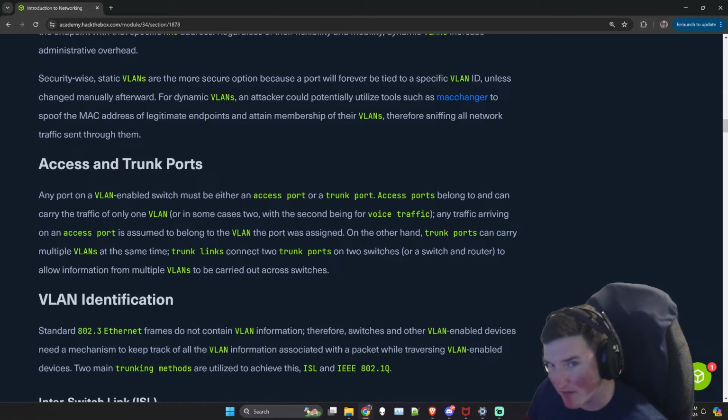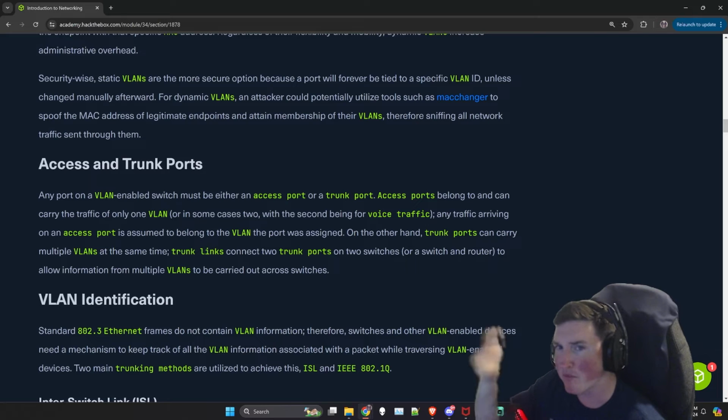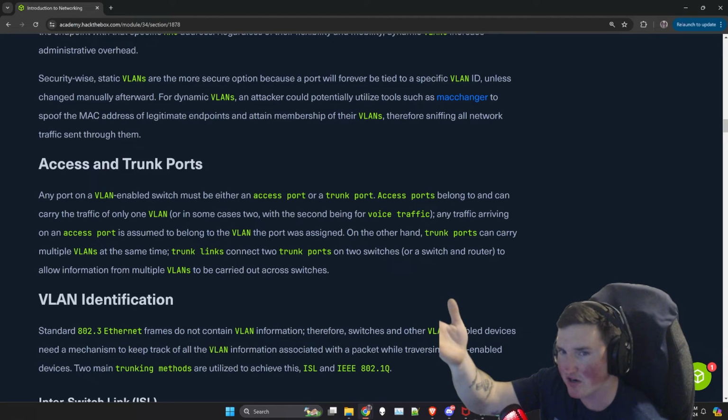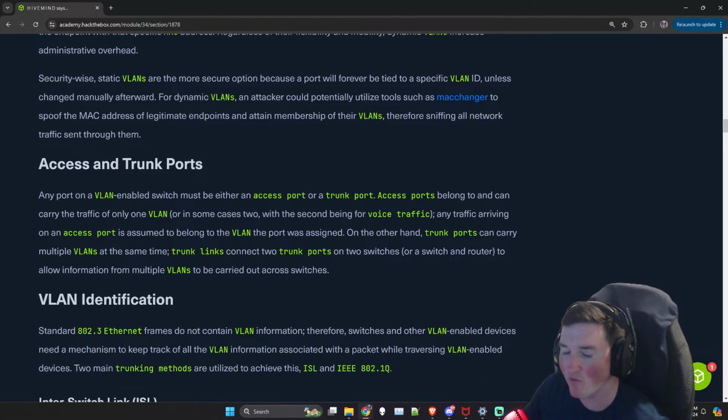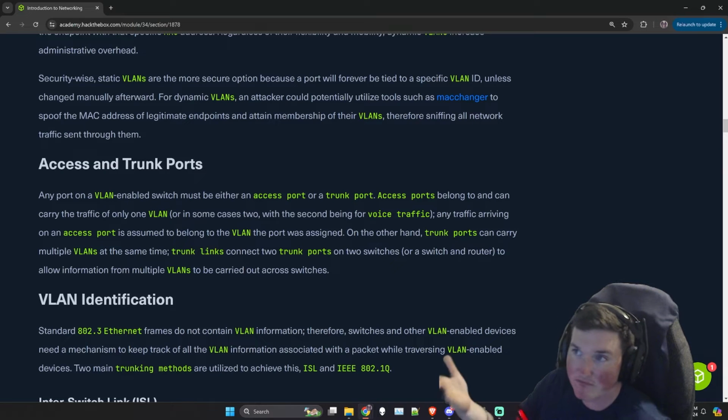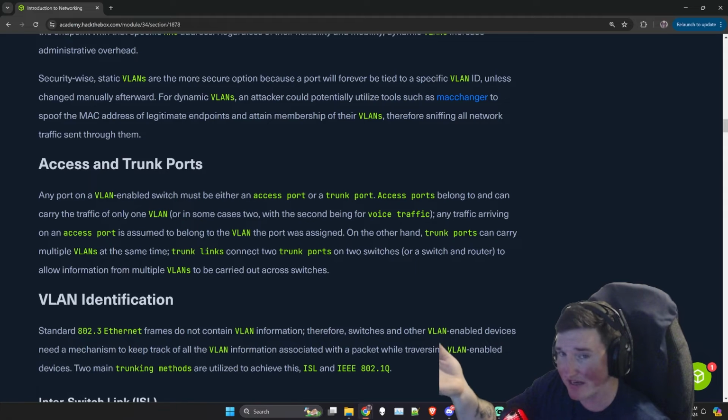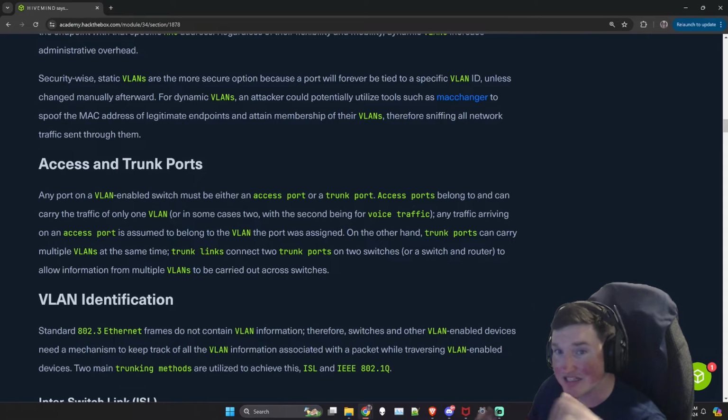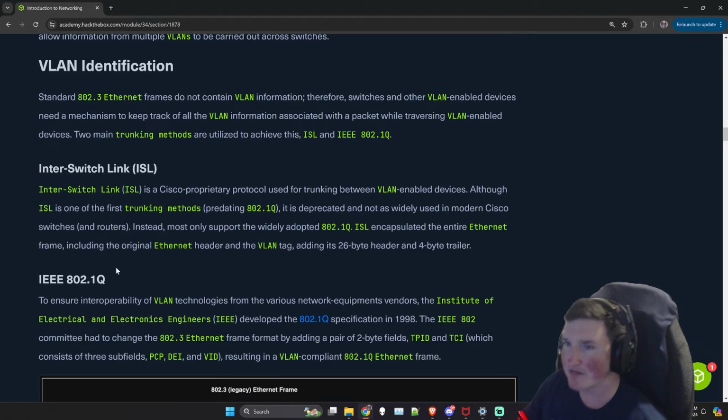So a good example of that is, I used that example before, VLAN 40 should never be talking to VLAN 10, right? We said that before. Well, what if VLAN 50 does need to talk to VLAN 20, but only on certain things, right? Like there's an application that's using port 206. I just made one up, and I need it to talk on there. Well, I have to have a way to carry the traffic to the other VLAN because they're technically separated, right? That's where a trunk comes in.